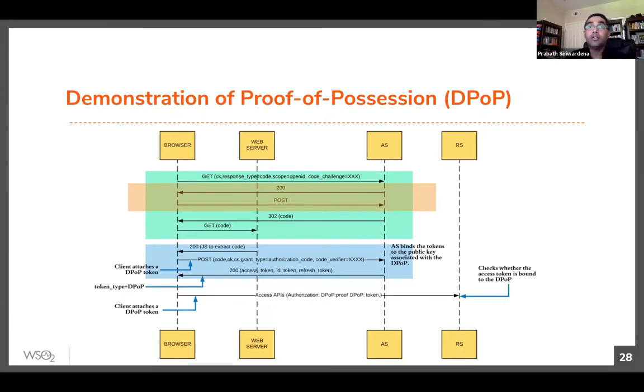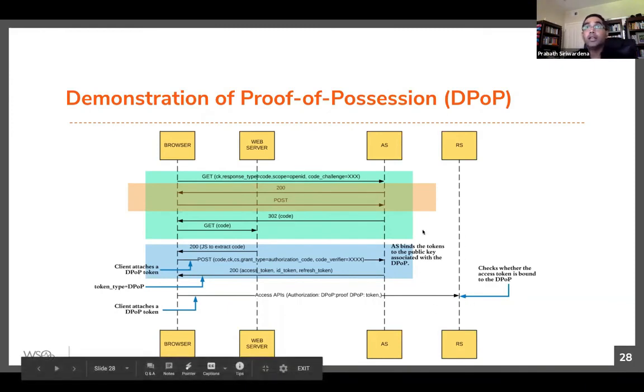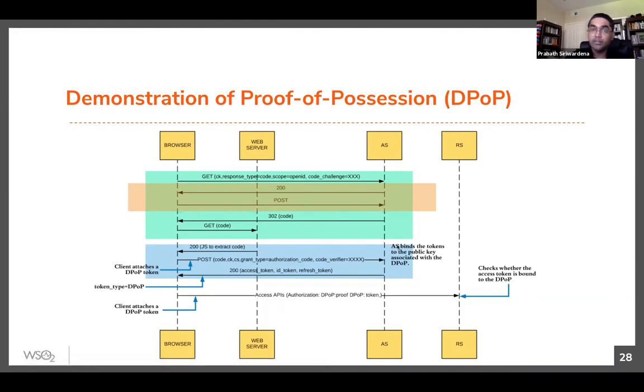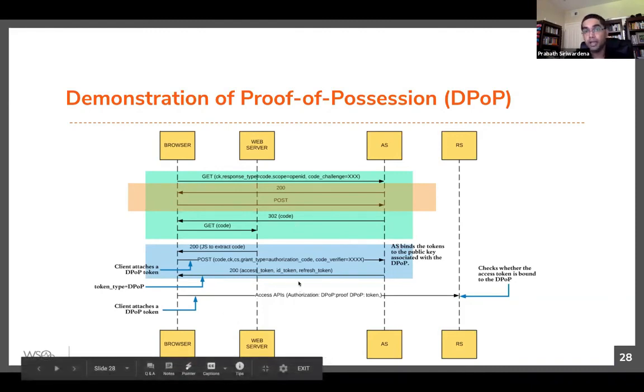So this is a very good way of protecting against this type of attack, right? If you have heard of TLS token binding, TLS token binding is much stronger than this, but it has to be supported in the browser. But the way the DPoP spec was designed, you don't need first-class support from the browser. The application developers themselves can implement the end-to-end flow.